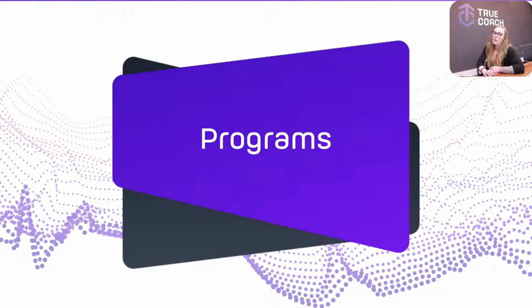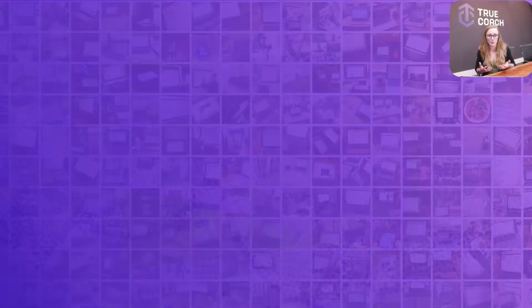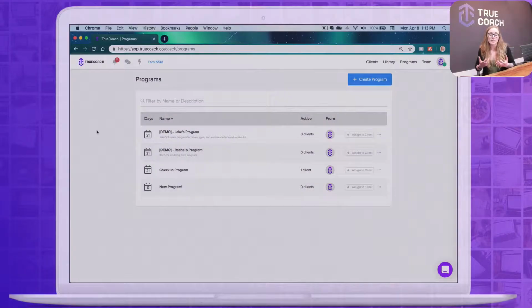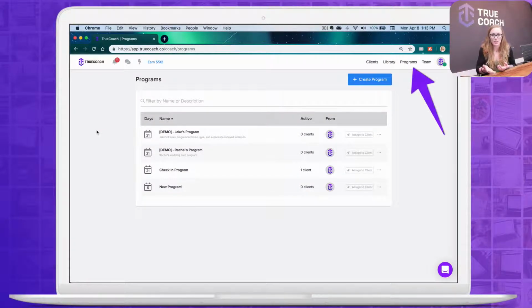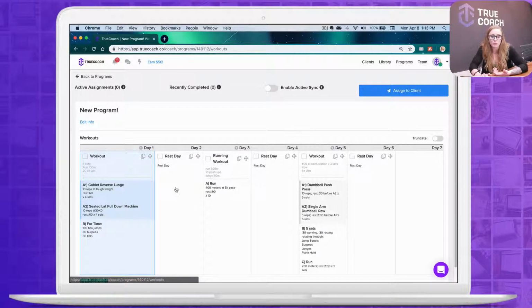So there's one other place to build workouts. This is great if you have multiple clients on the same or even a similar program. Programs allows you to build those workouts here and then assign out as you'd like. So you'll see that once we click into a program, it looks an awful lot like the standard workout calendar minus the dates. Once I have my program built out and I'm ready, I'll go ahead and click Assign to